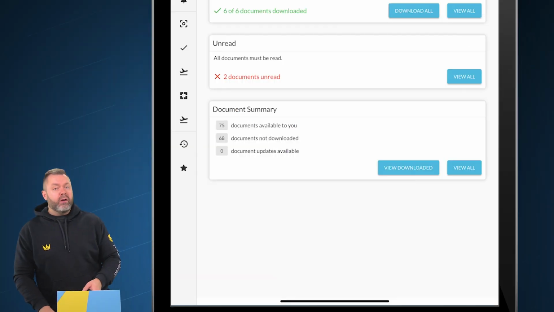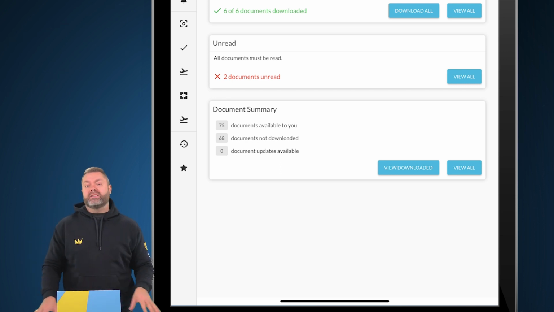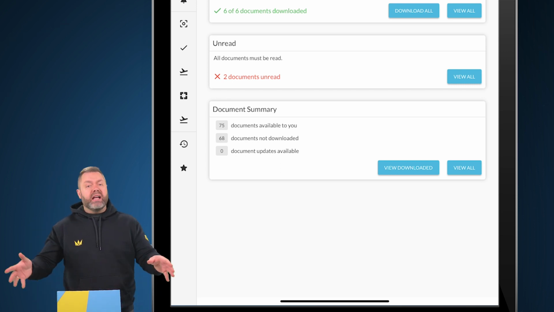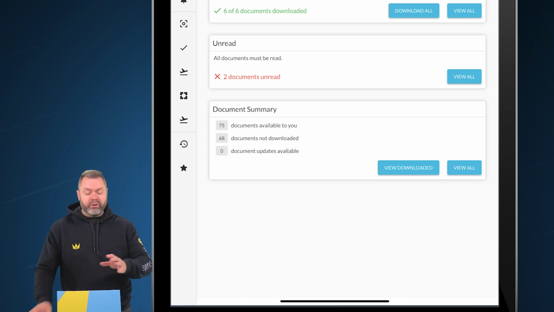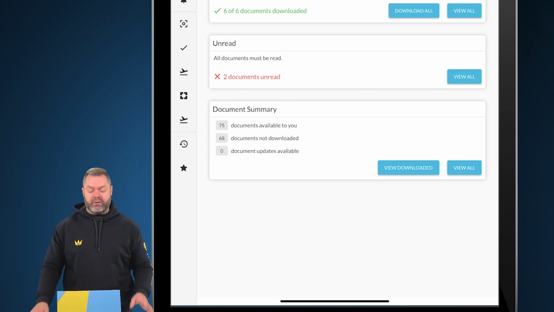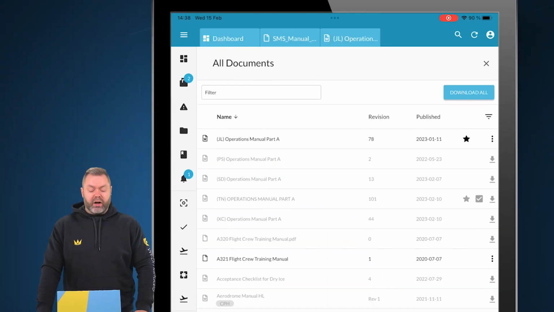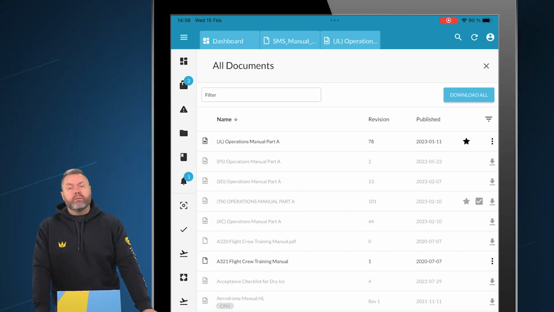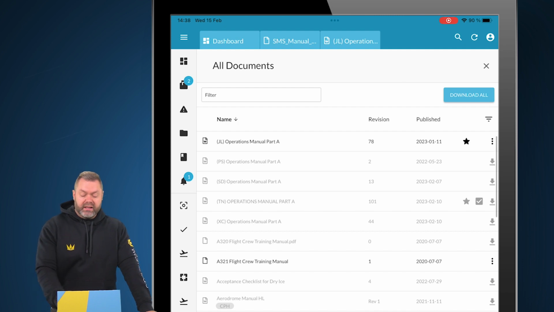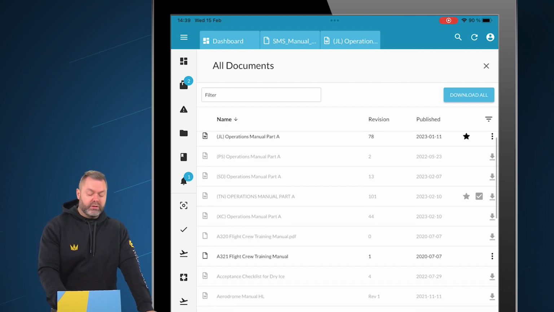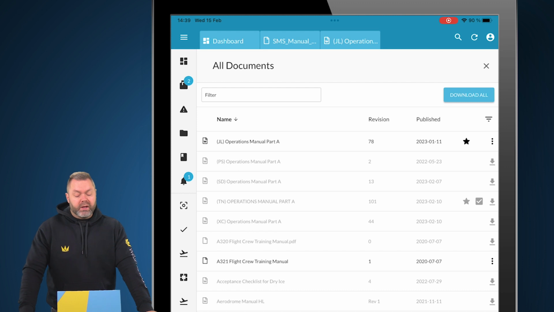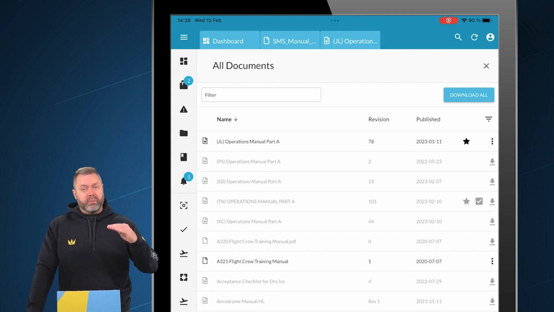We can click View Downloaded to see all the documents that are downloaded on the device. We've had the question, how do I see a full list of everything that's downloaded? Now you can do that. And View All will give us a list of all documents that are available for us to see and download. So we can now get this beautiful long list of all the documents that are available. We can see which ones are currently downloaded, having them completely black in color, and the